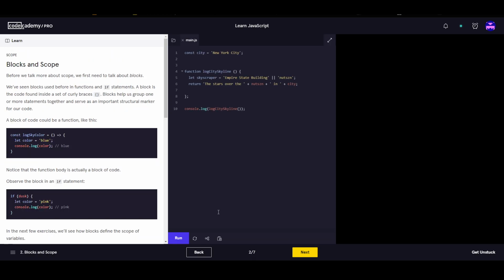Alright, before we talk more about scope, we first need to talk about blocks. We've seen blocks used before in functions and if statements. A block is the code found inside a set of curly braces. Blocks help us group one or more statements